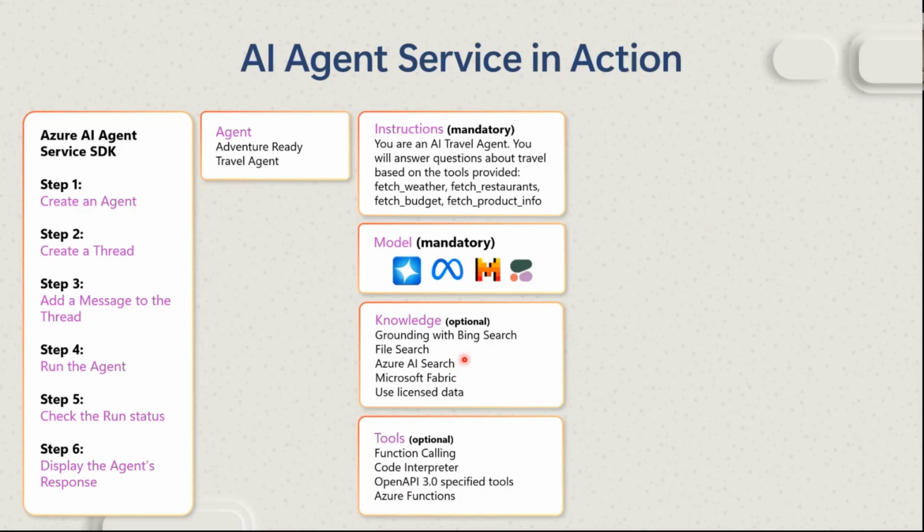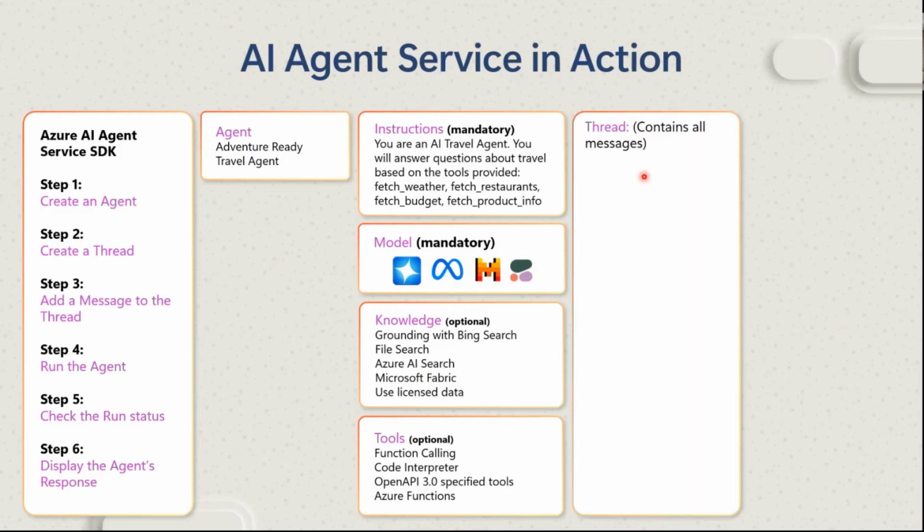How will you set it up? You'll set it up in such a way that the large language model, based on your query, will decide which ones to choose. For example, when you asked the question in the demonstration earlier about the weather, it immediately knew that it has a function called weather, and then it got information from that. When I asked about the product, it immediately got the information from Azure AI Search, and then from there provided the response.